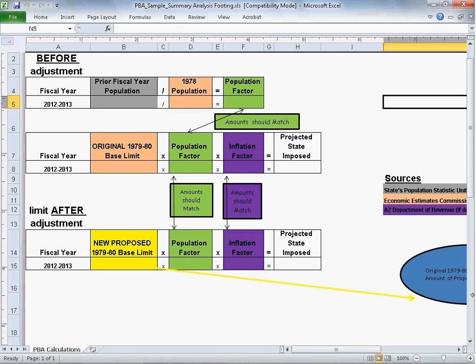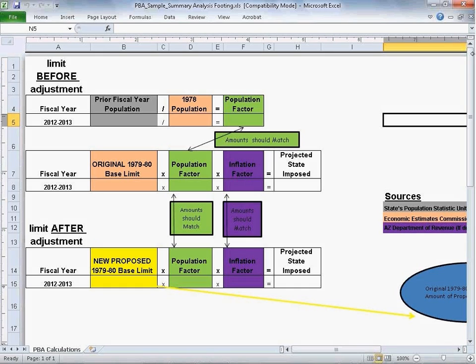Now that we have covered the required elements of the resolution, detailed analysis, and summary analysis, we will now discuss the things that we look for in our review of these items and the most frequent problems we find in each. Our first step is to review the dollar amounts included in the packet. To do this, we check several numbers used in the calculation of the limit to the appropriate source and recalculate the estimated limit before and after the permanent base adjustment for the first year the adjustment would apply.